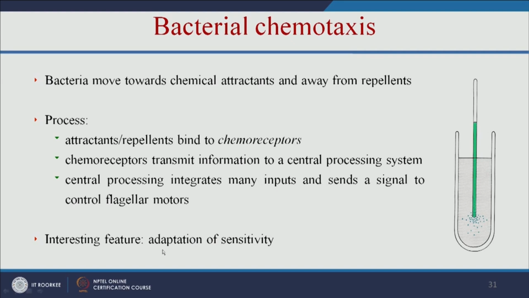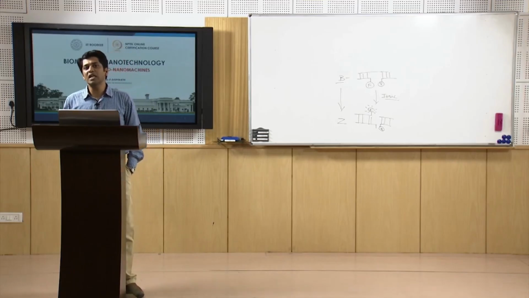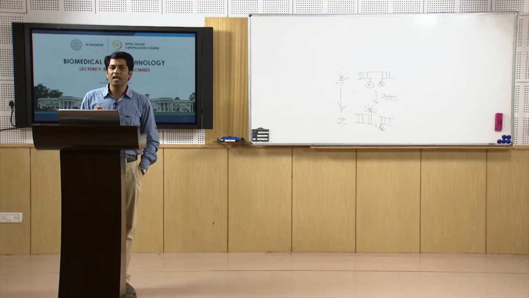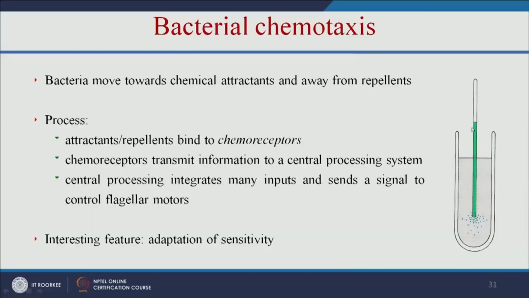So what can we take from this bacteria? We can take the sensitivity. If we have any food materials, it is sensing and moving towards that. So we can take the idea of sensitivity and develop nanomachines and nanorobots which can sense the cancer cell in our body, reach the cancer location and deliver the anti-cancer drug. Here you can see, if we have a sugar solution, all the bacteria are moving towards the sugar